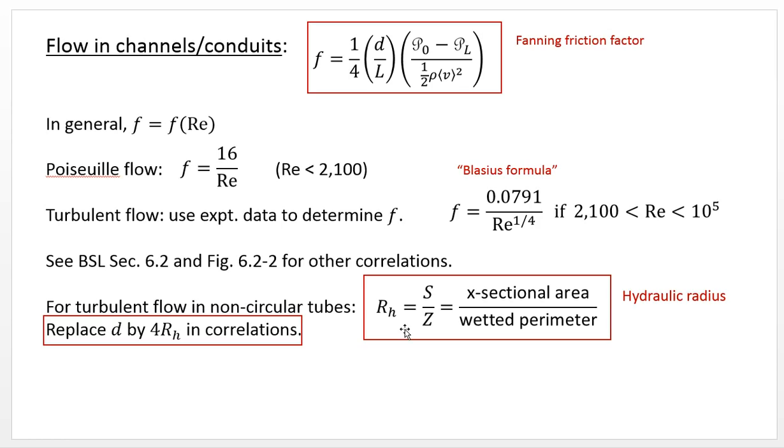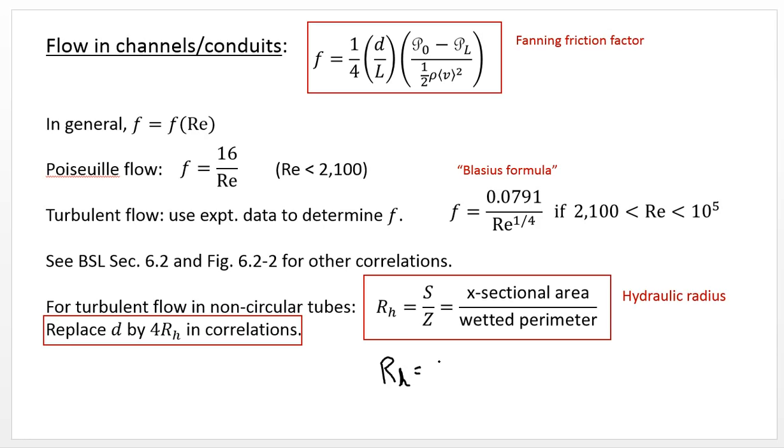And so what one would do, for a non-circular tube, is simply to replace the diameter D of the tube, for a circular tube, by 4 times the hydraulic radius in a correlation. Well, why is it 4 times the hydraulic radius? It just happens that if we were dealing with a cylinder, then the hydraulic radius is 1/4 of the diameter. So, for example, we'd have